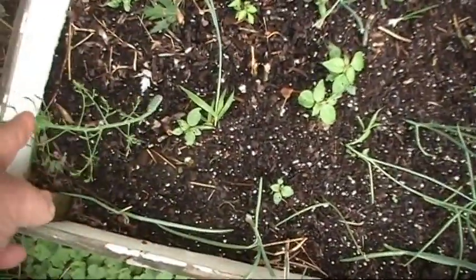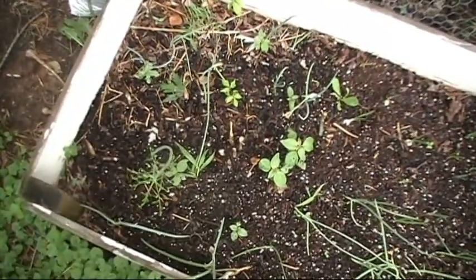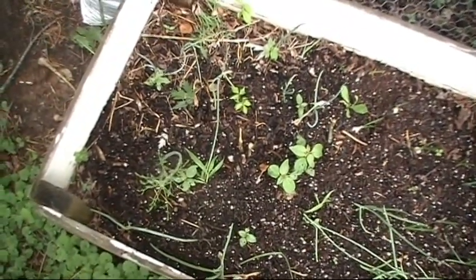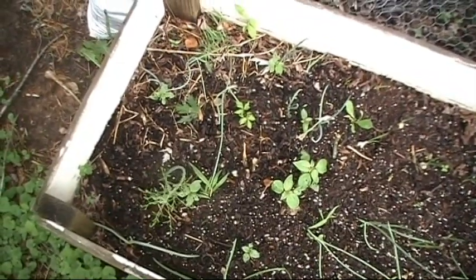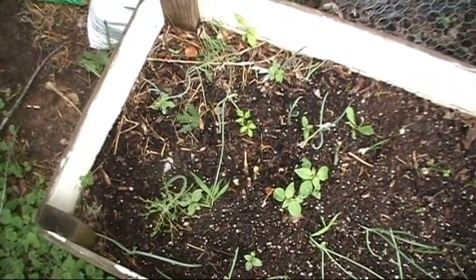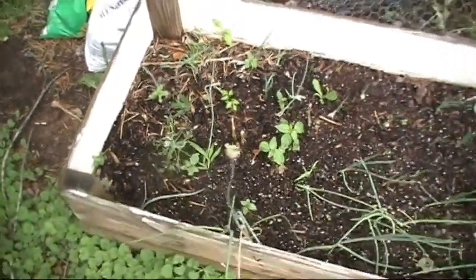This one I planted, like I said, it's 3-year-old. I planted it in another box, and it never showed back up. I thought it was done. Gave up on it. Last spring, it popped out of the ground, started growing small shoots. I eased it out of the ground, brought it over here, and put it in this box,